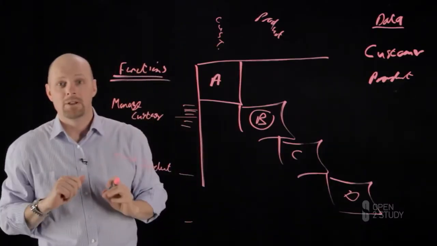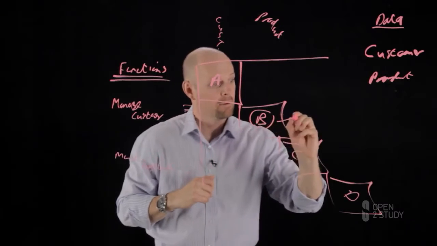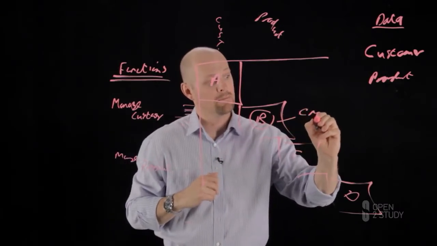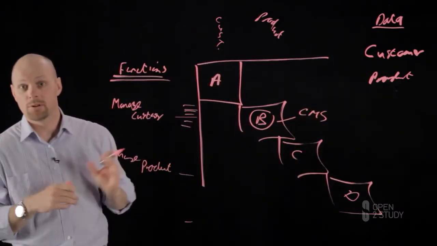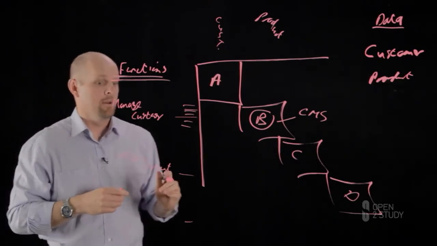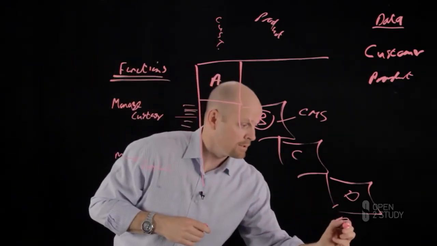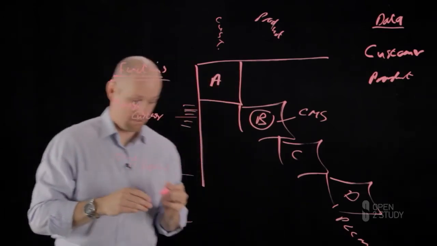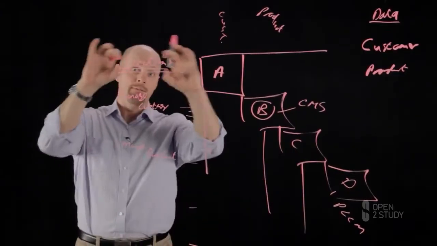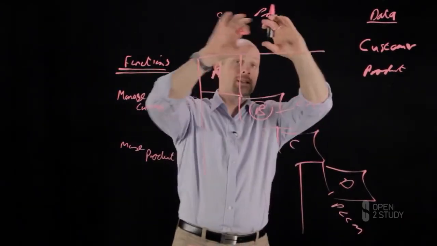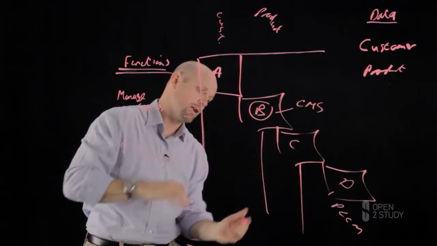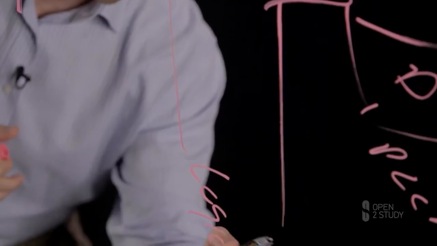And one of them might be manage customer. Well, this application could be a customer management service or solution. This one down here might be a product lifecycle management application. These building blocks here, remember we've got a function building block, we've got a data building block. I've merged the two together. Well, we get what's referred to as a logical